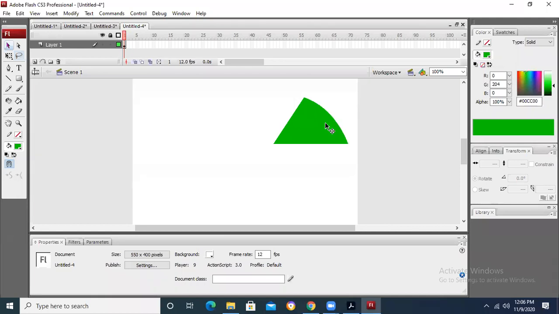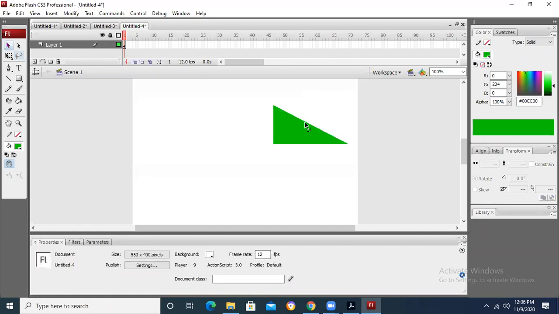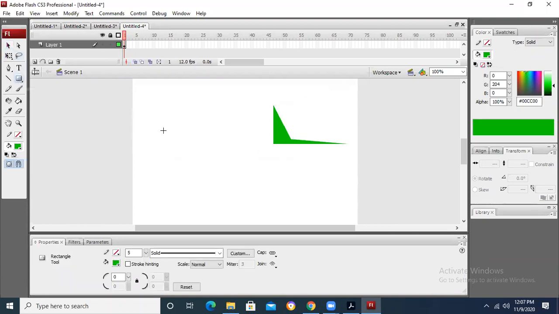Sir, can you make a straight line cut? If I bring my mouse cursor over here and press Control, then I can make it in this way as well. So there are different options. We can make even different corners in one rectangle or one triangle.